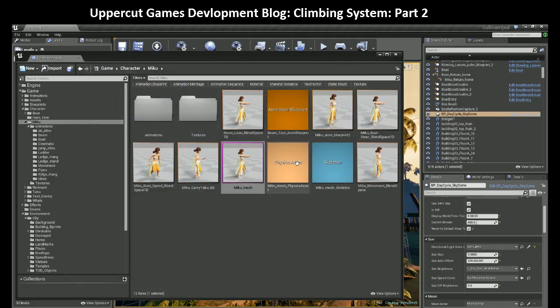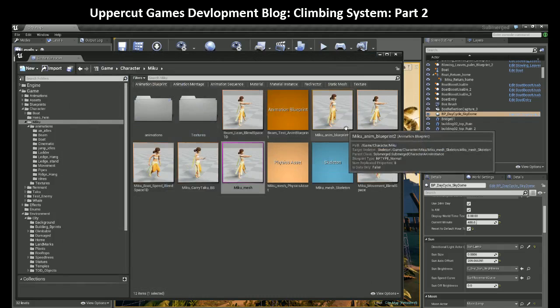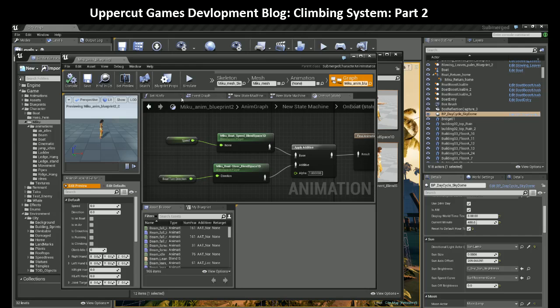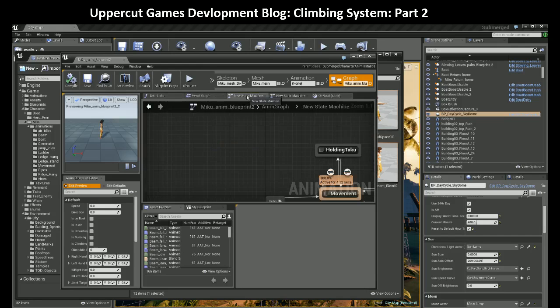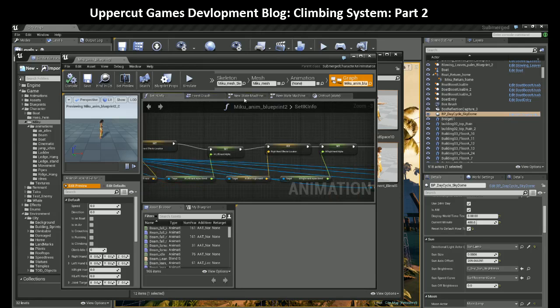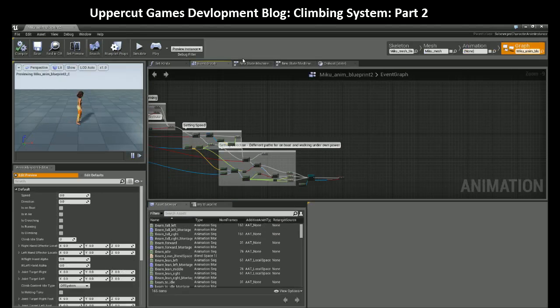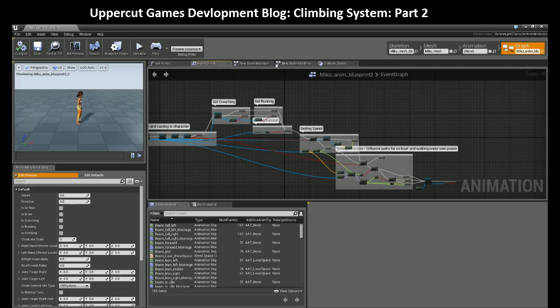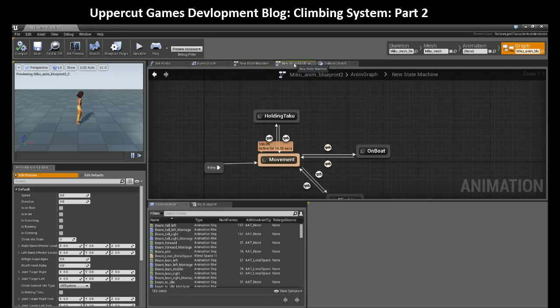So the first thing we had to set up for this was a blueprint, and you can see we've got the event graph here. Let's maximize it. The setup, got a state machine,